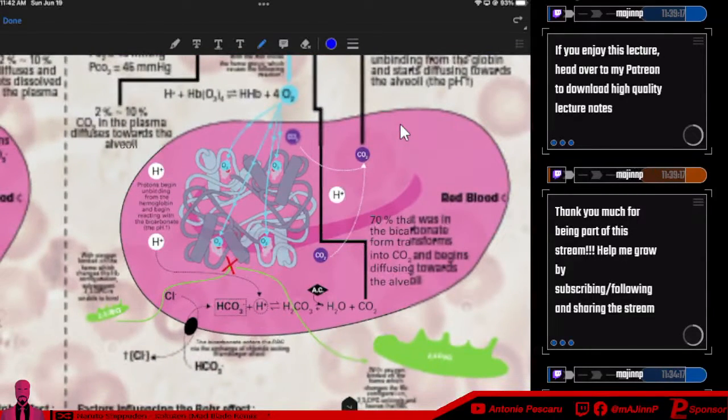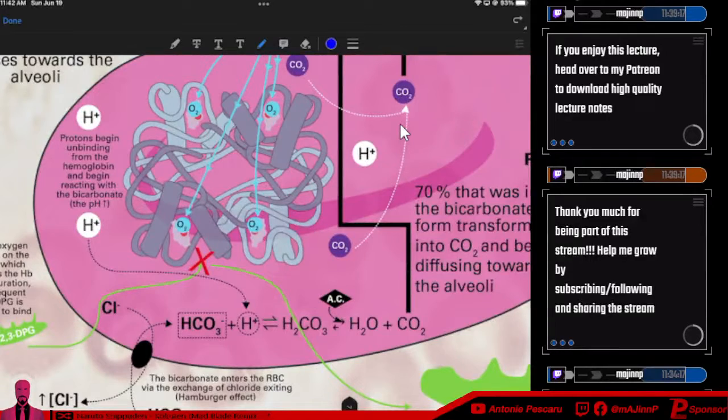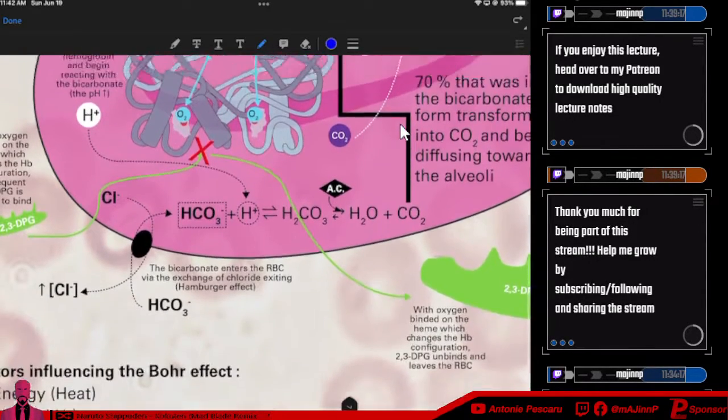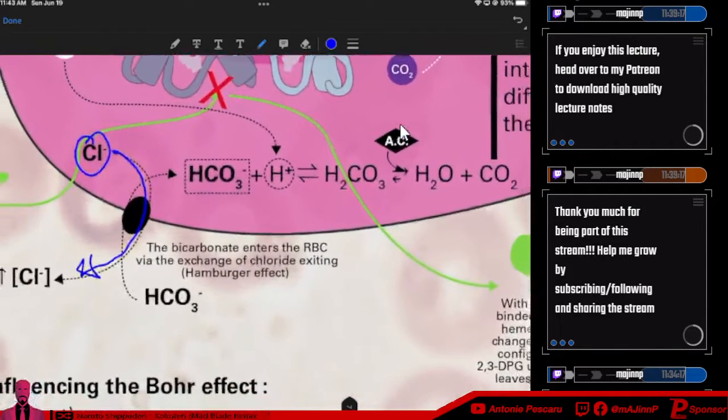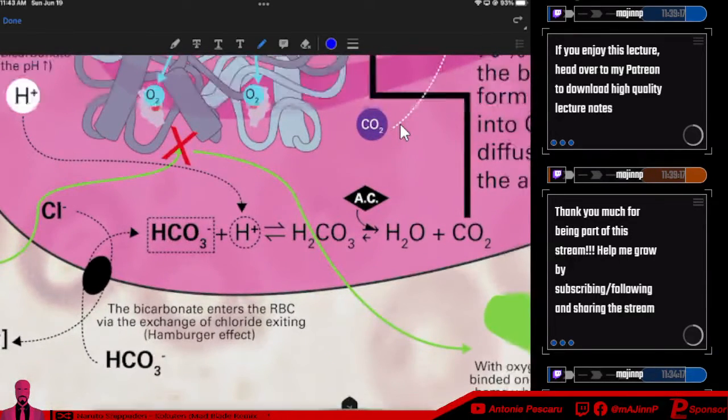The pH starts increasing because of the CO2 that starts to leave. And your chloride ions start to exchange across this protein membrane. It's basically, in a nutshell, called the hamburger effect. It exchanges bicarbonate with chloride ions, so that the bicarbonate,